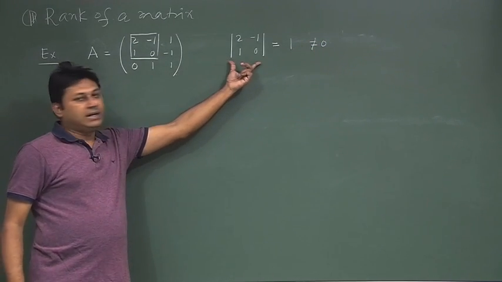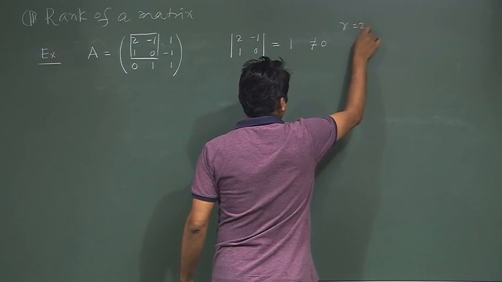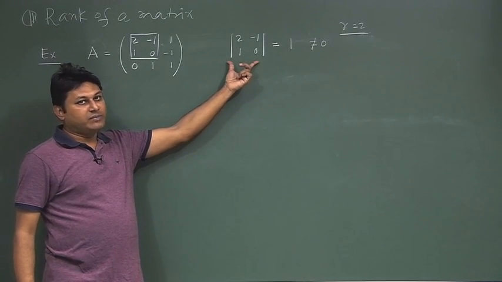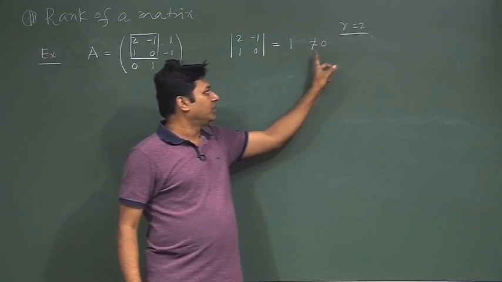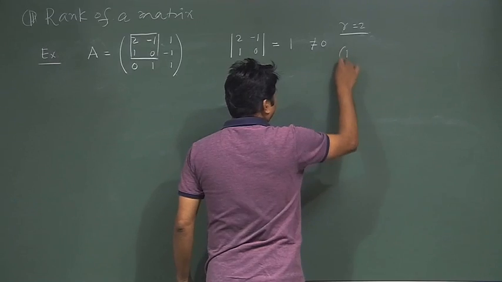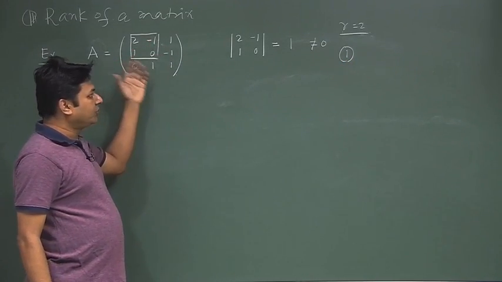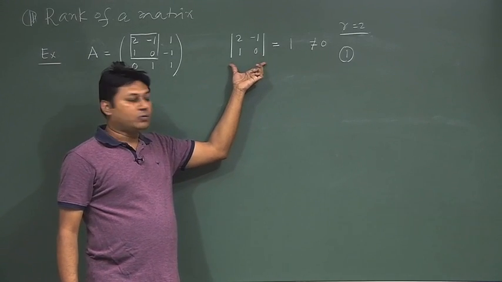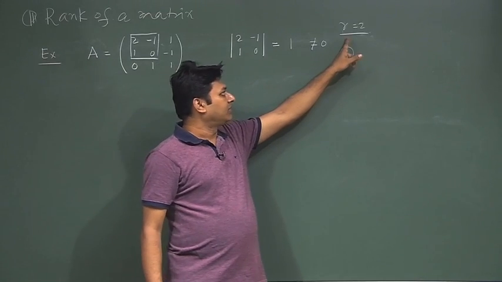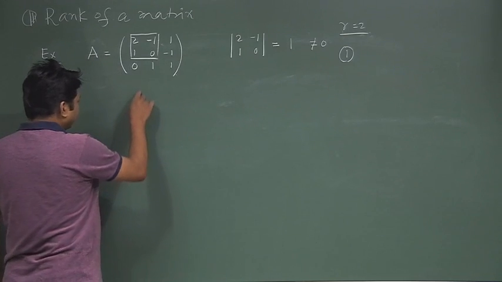So, this is a submatrix of order 2. Here R is order 2. That means readily I can say the rank of the matrix is at least 2 because it is non-singular, but please hold on, this is only the first condition that it is satisfying. At least one submatrix should be non-zero. If one submatrix is non-zero, then I can say the rank is at least 2, but this matrix,